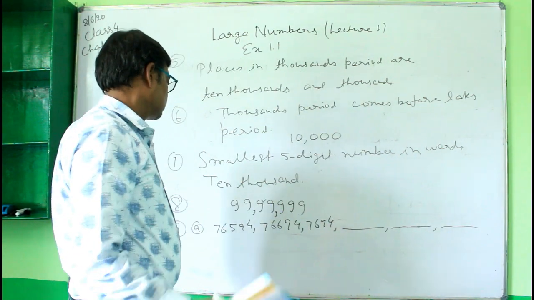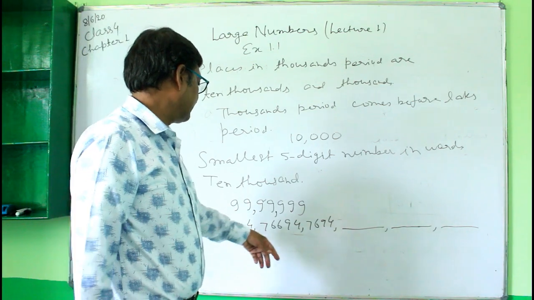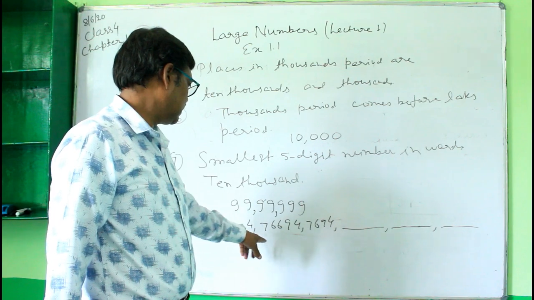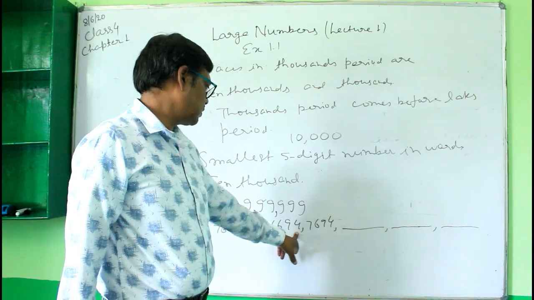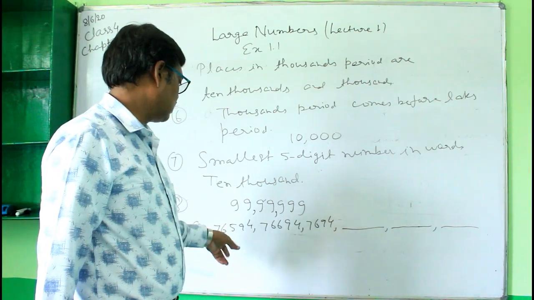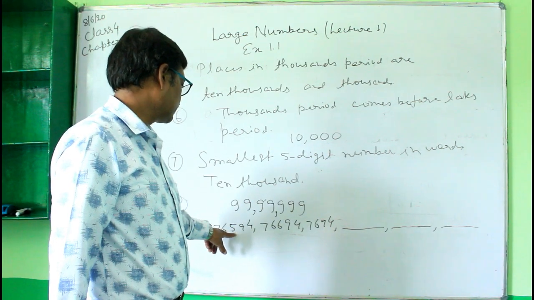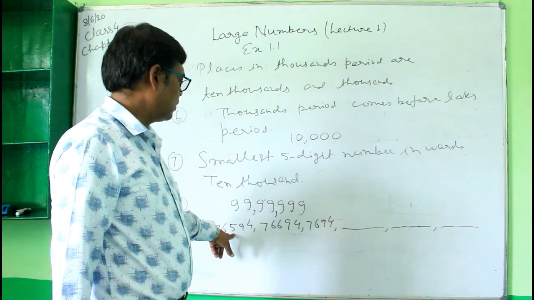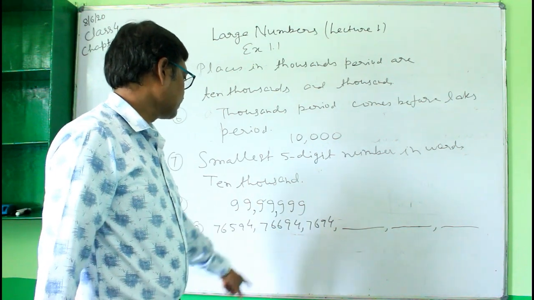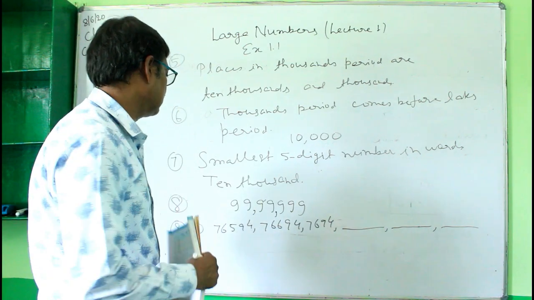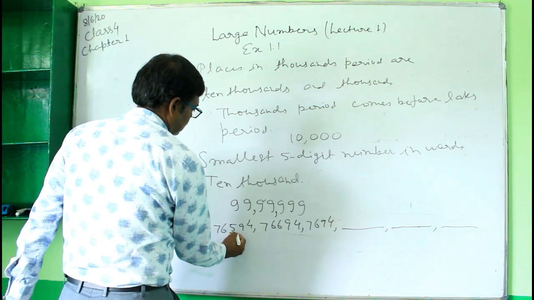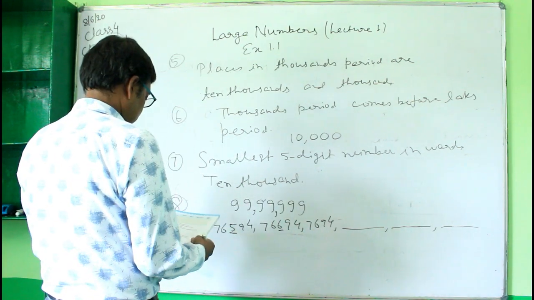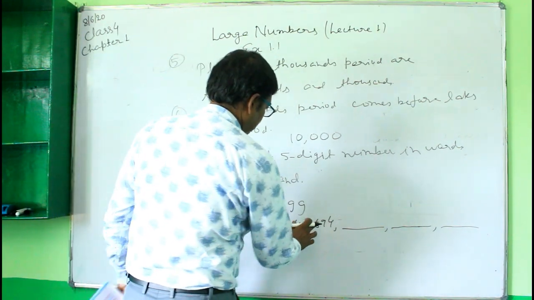like this. So now see here, observe this pattern here. This is 7 6 here, 5 9 4, and you see that 9 4 is here, 9 4 is here, 9 4 is here, but only the number which is changing is this 5. Okay, see that this is the number at the hundreds place, and here it is hundreds place, and here also at the hundreds place, this is 6 here. Okay, see here it is 6. This is 5 here, and this is 6 here, and in this number 7679.